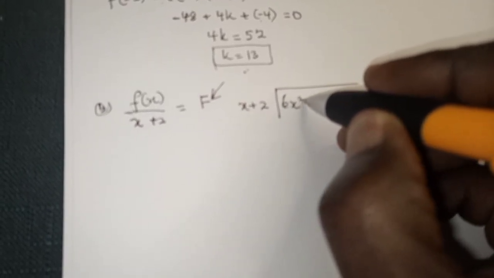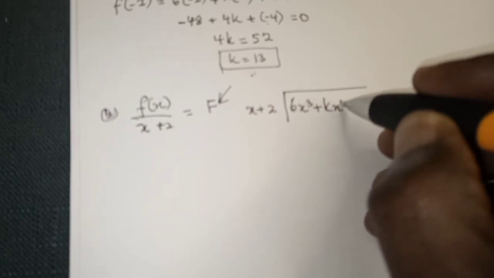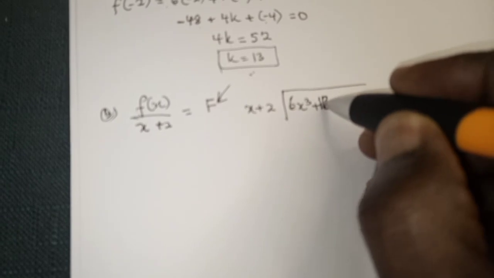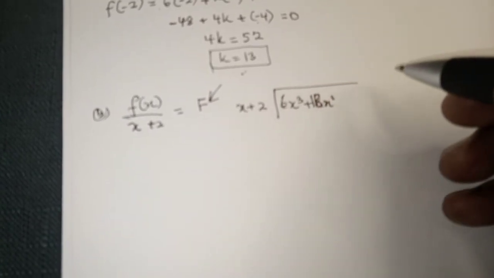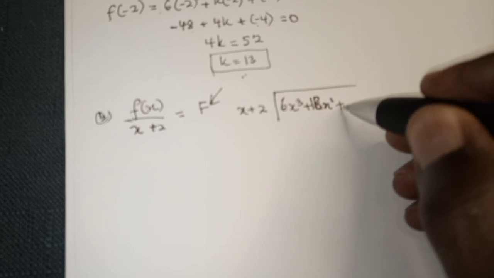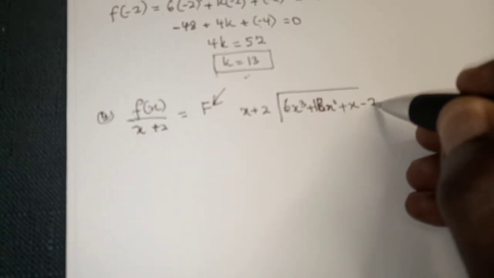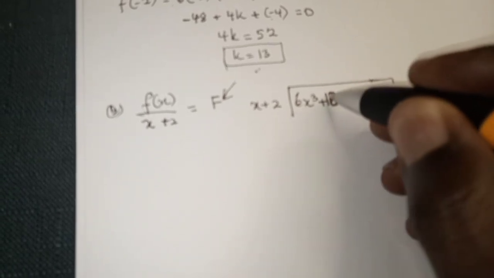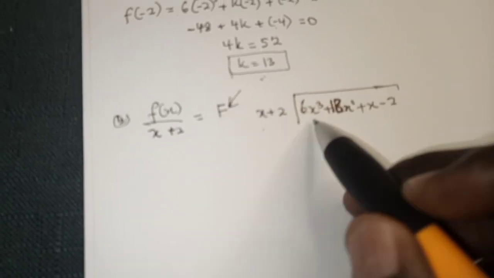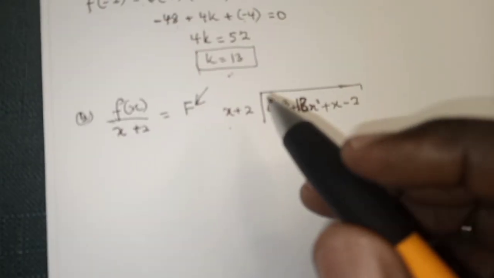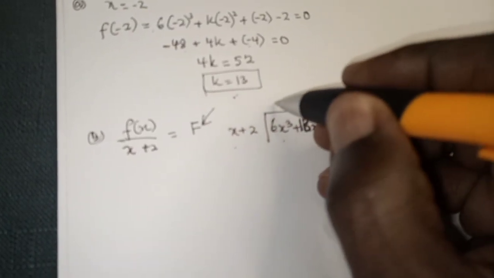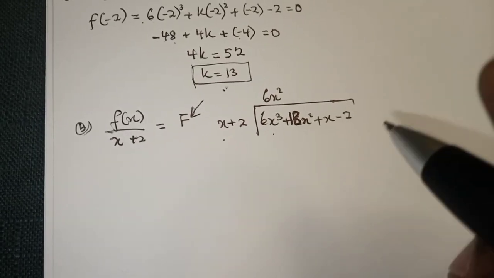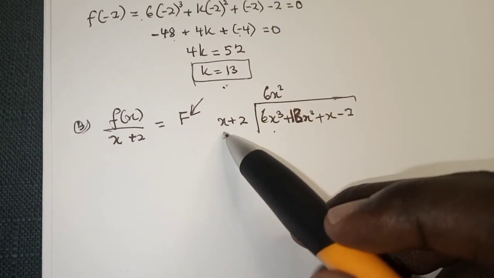6x cubed plus kx squared. The k is now 13, so 13x squared plus x minus 2. So this goes into this, so we have 6x squared. Okay, so we can simplify this, so we